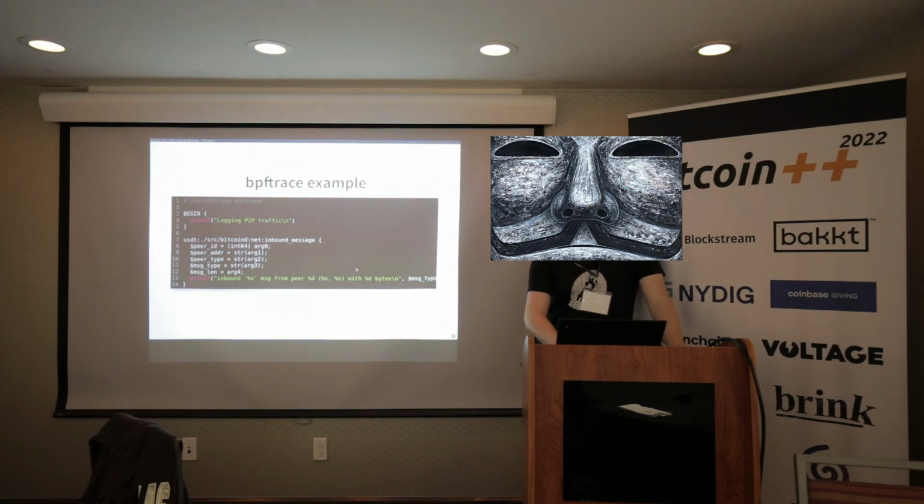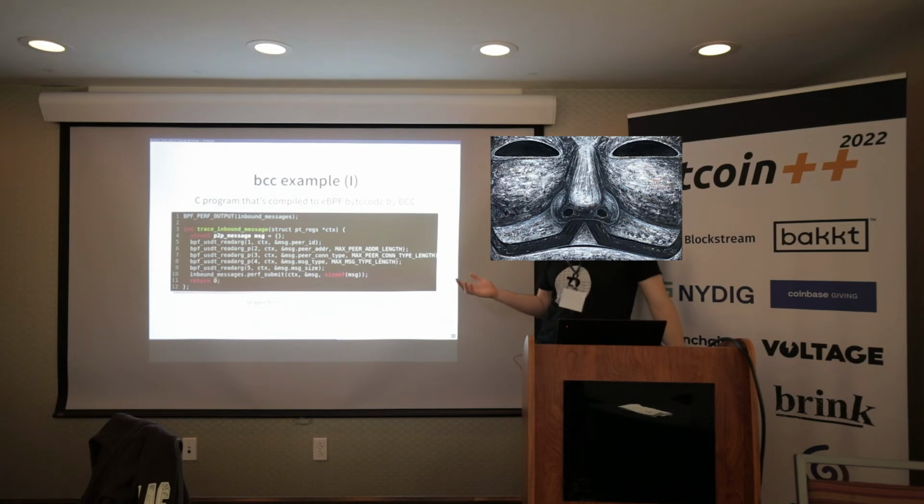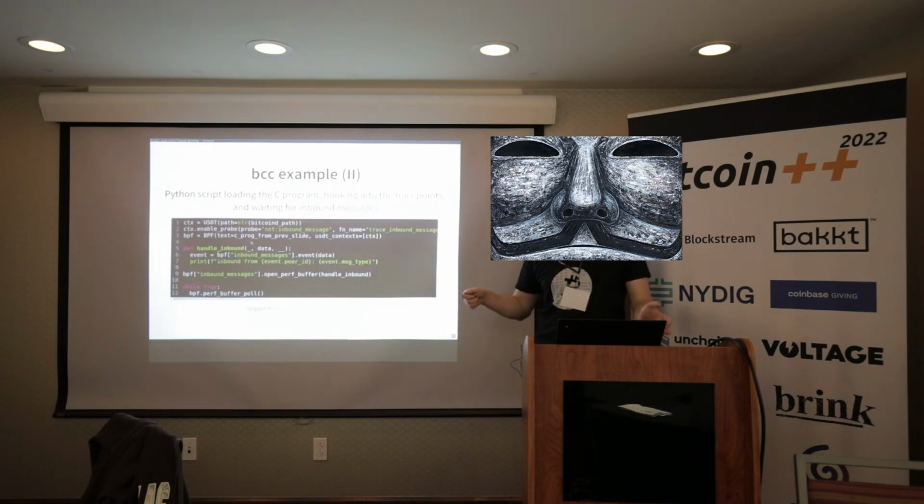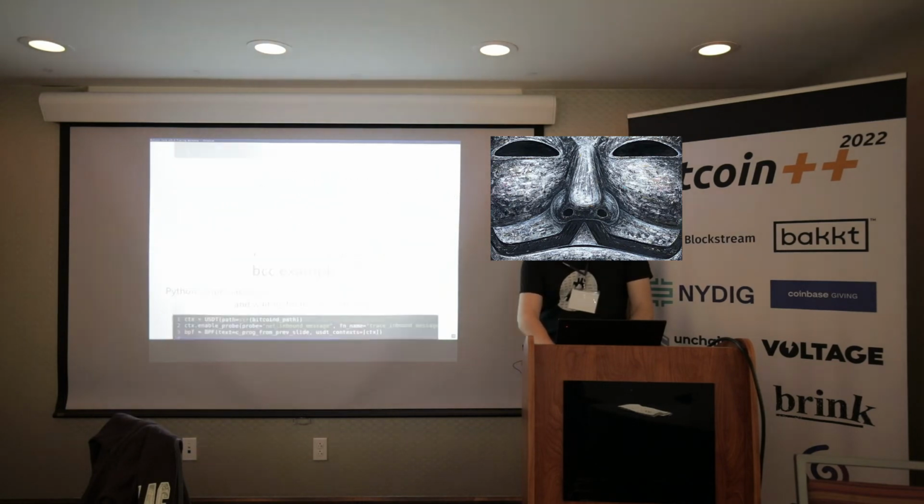That's bpftrace. And BCC is a bit more complex. We write a small C program, define a function that collects the data, and in line 10 sends the struct we filled into an eBPF map. It's not important what this is right now. It is just for us having this in a Python tracing script, for example. And in Python, we say, okay, we attach to this net inbound message trace point with this function, which we just defined here,